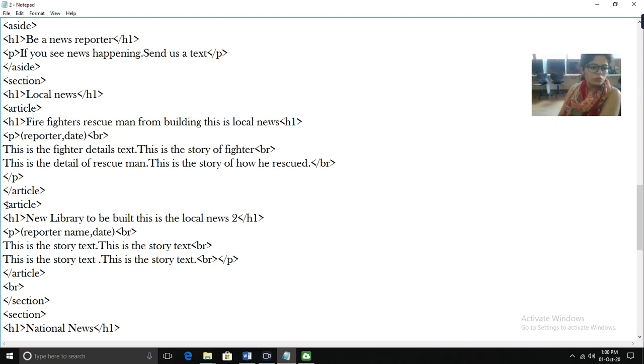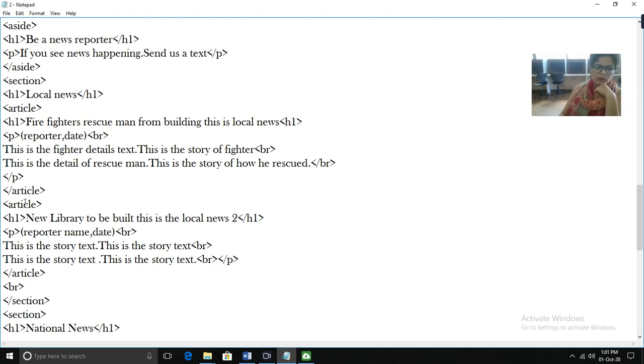Okay. So this is the second article tag. This is the heading one that we want to display. Again paragraph tag. This is the text that we want to display. Line number 1, line number 2, and paragraph tag close, article tag close, break, we have used break after the article tag, and then section tag close. So see students, this is the end of the section tag. So inside the section tag we have created two articles.